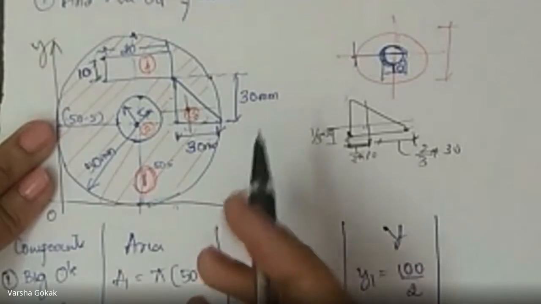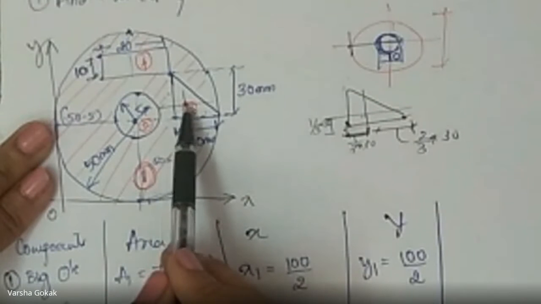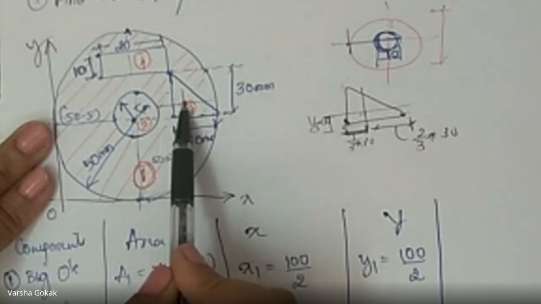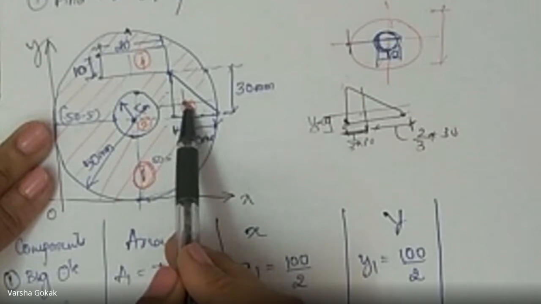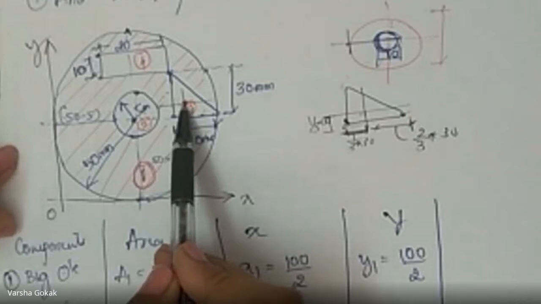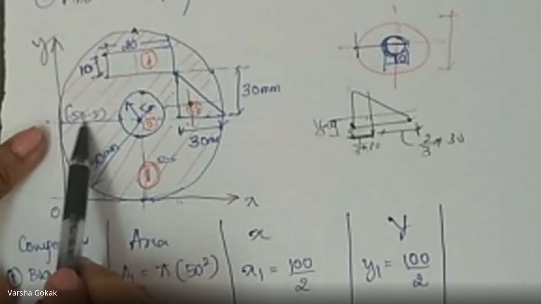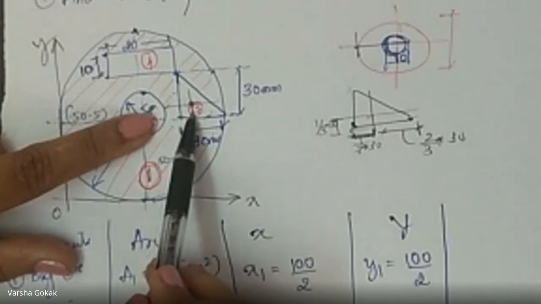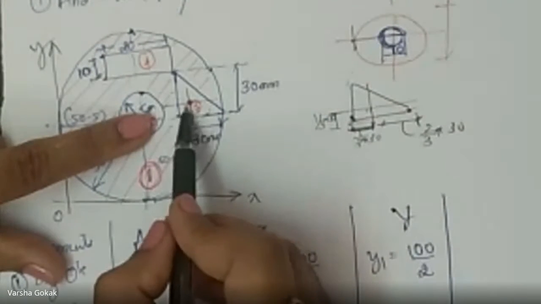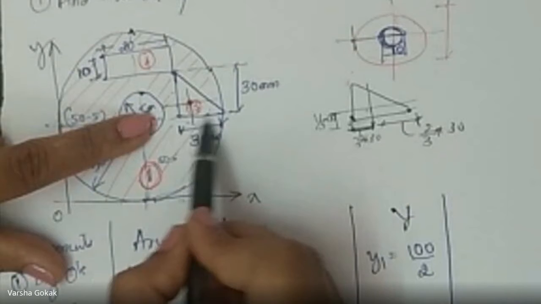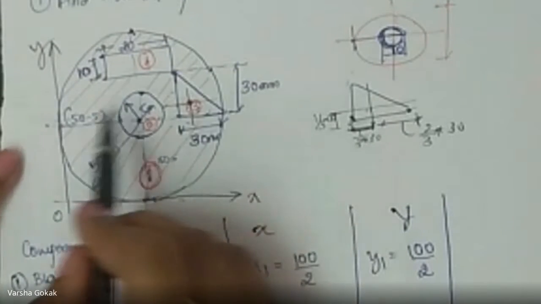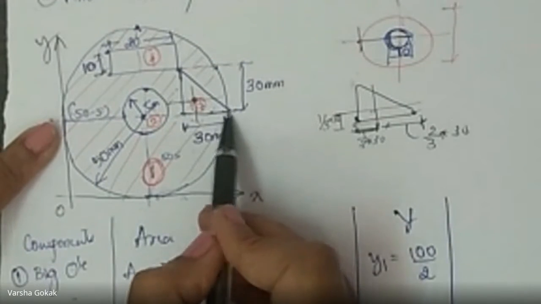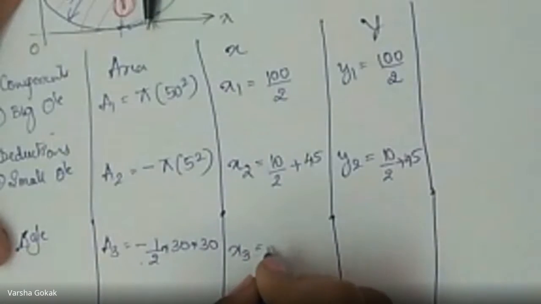Understood? I'll explain again. For the triangle, when I find the CG, I know the triangle CG is this point. It is 1/3 of base. Here, correct? But when we write it into the table, I have to write it with respect to the reference axis. I have to add these distances up to here. That is this I know 45, this 5, then I have to find this and add. Instead of that, what I can do is, when this is 1/3 of 30, the remaining is 2/3 of 30. We know this, correct? So what will be total diameter, that is 100, minus 2/3 of 30 we can write, right? So x3, I can write it as 100 minus 2/3 of 30.